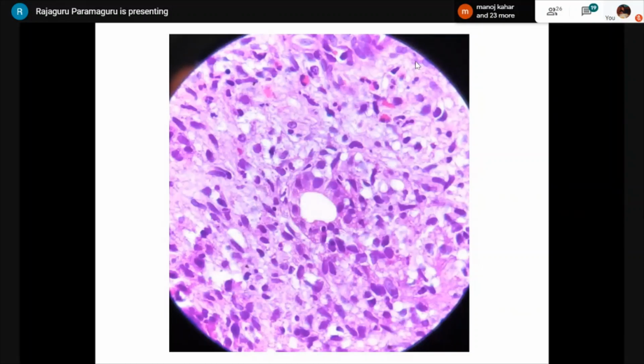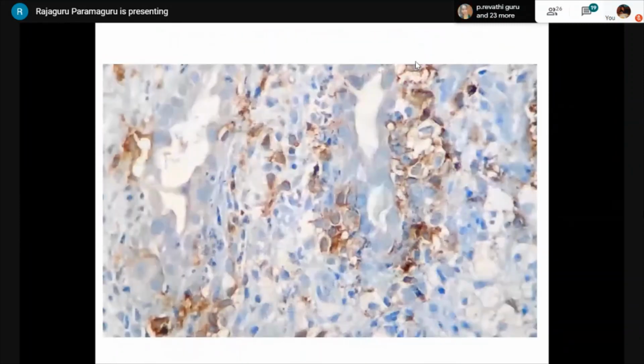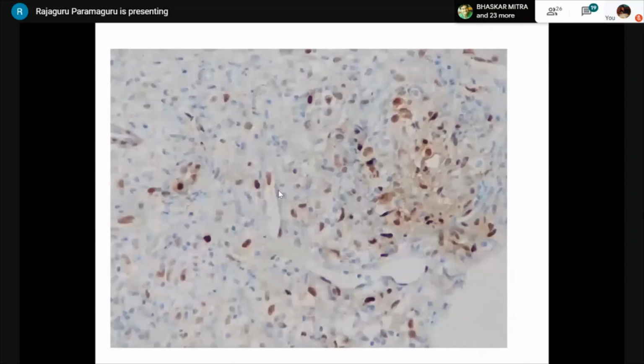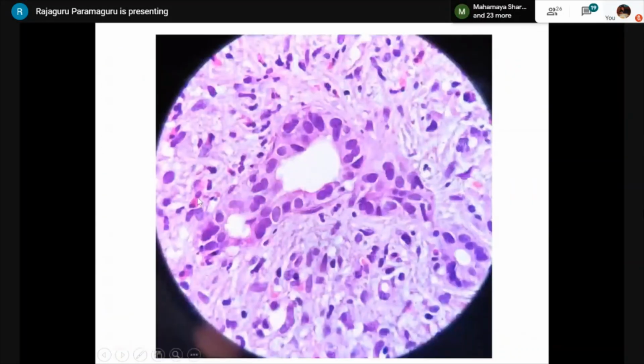So this is a 31-year-old male who had a history of a lung lesion, and this is the IHC for CD1A, which is showing these cells, and it can show a feature with damage to the bile duct, and radiologically it can mimic a sclerosing cholangitis. So just for an interesting case, I've just shared this, the CD1A IHC and then cyclin D1 IHC showing the positive Langerhans cell histiocytes. And these are the eosinophils which are seen over here, and these are the Langerhans cell histiocytic cells.